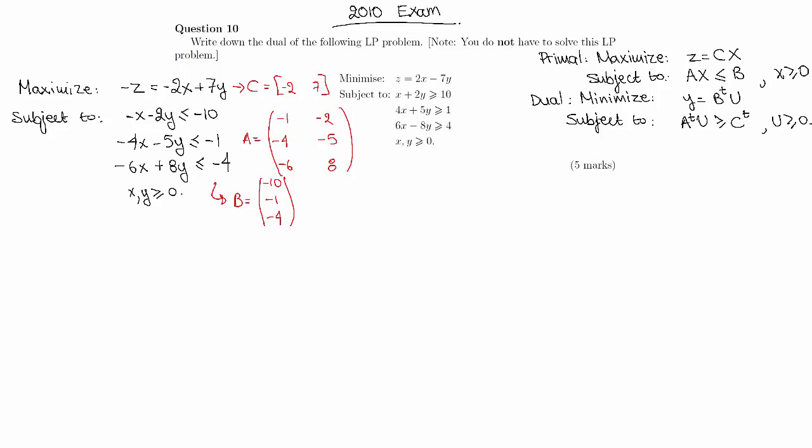So, writing down the dual will give us a minimized problem, first of all, and then we're going to have y, which is equal to b transposed, so this is b transposed will be minus 10u1 minus u2 and minus 4u3, and that will be subject